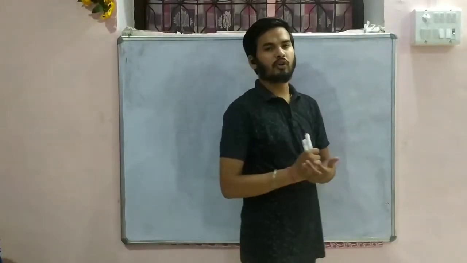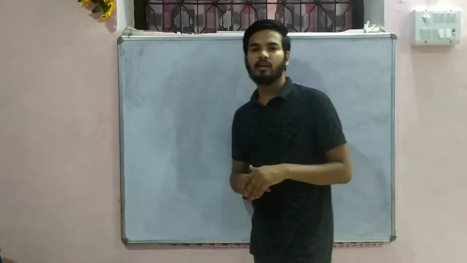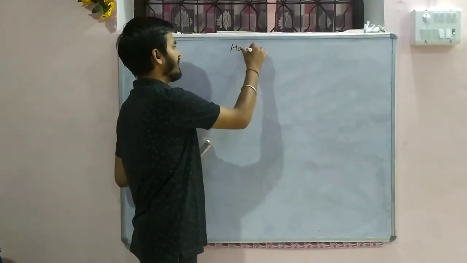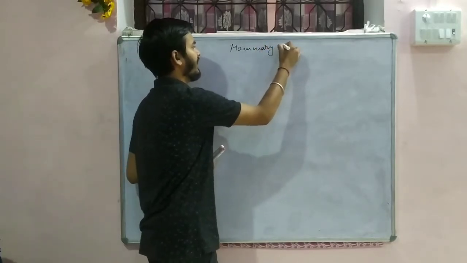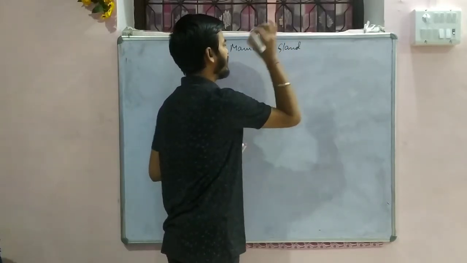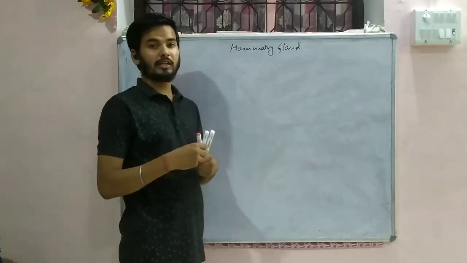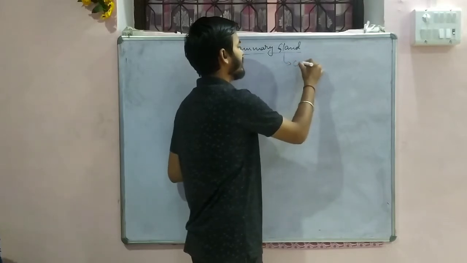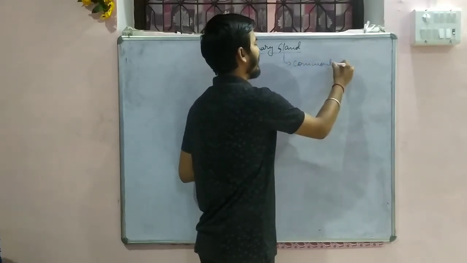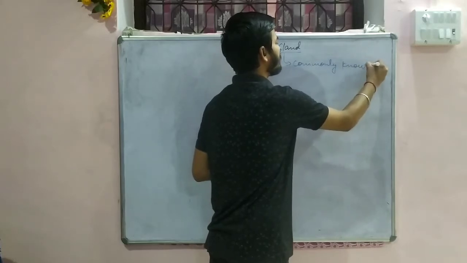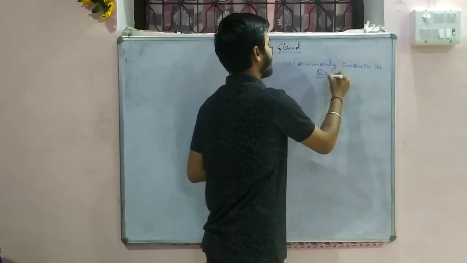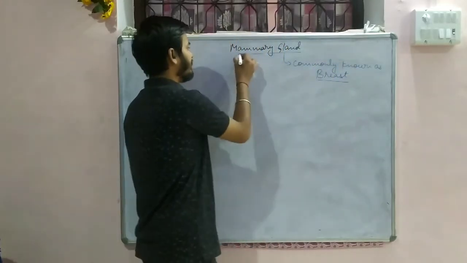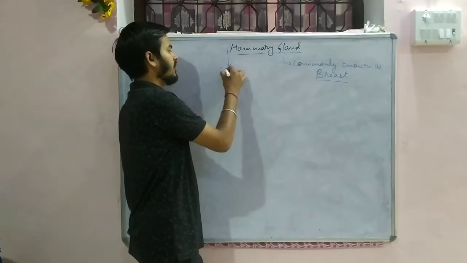So beta, I hope you all have drawn that external genitalia. Now we are going to start a very important thing, the mammary gland. Okay, we are going to start the mammary gland in the female reproductive system or in the female body. The mammary glands are commonly known as breast. Okay, they are compound glands,